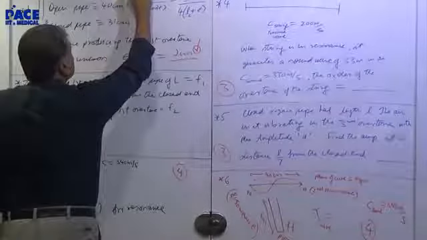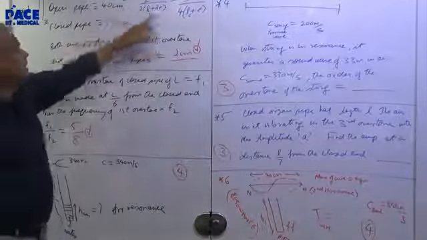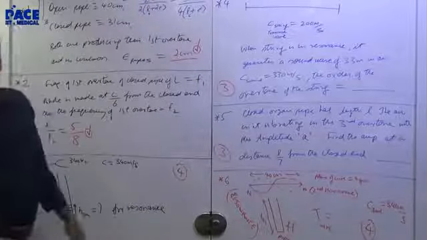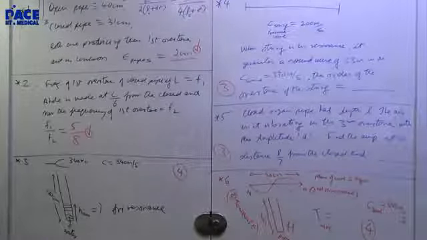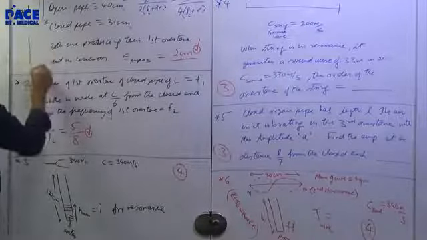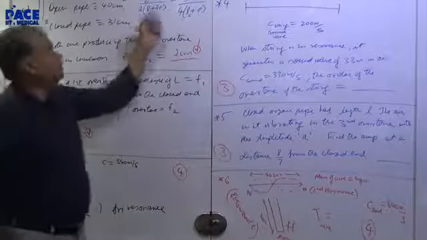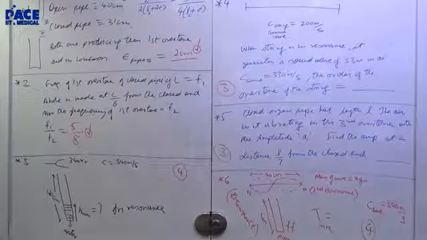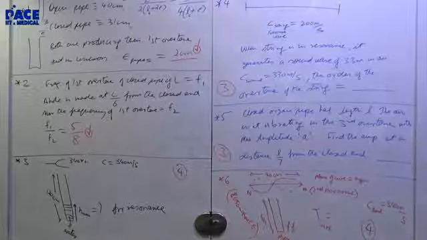Let's see if we substitute this. LO is 40, LC is 31, substitute, get your answer. Did you check? So the main idea is for an open pipe, end correction is there on both sides. For a closed pipe, there will be end correction only on one side. That's why I write LO plus 2 epsilon and LC plus epsilon. That's the first question.